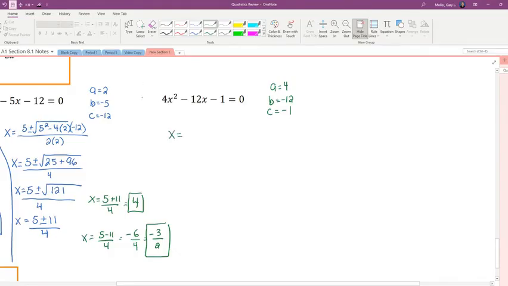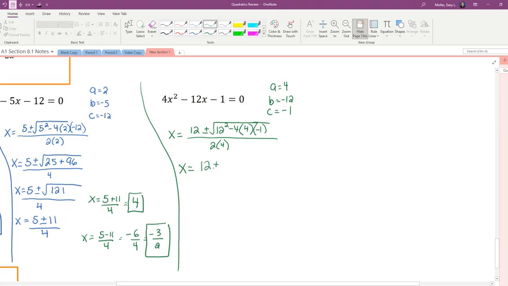X equals negative B, which is positive 12, plus or minus the square root of 12 squared minus 4 times A, which is 4, and C, which is negative 1, divided by 2 times 4. 12 plus or minus the square root of 144 plus, because we have a minus and a negative, 16, over 8. X equals 12 plus and minus the square root of 144, 154, 160